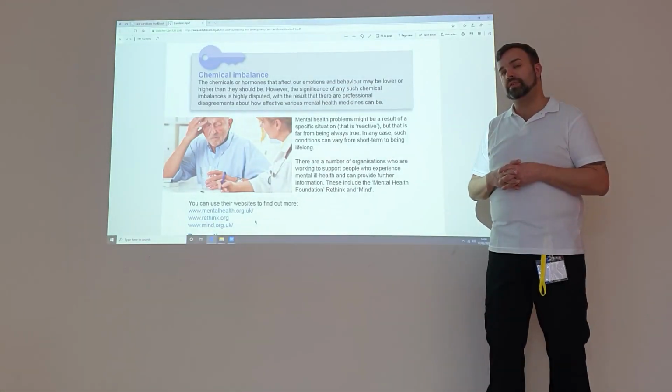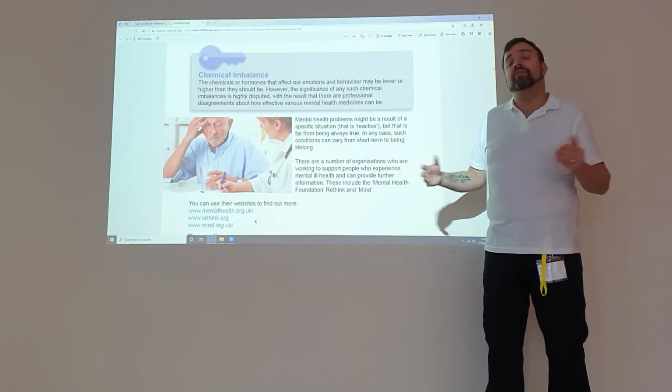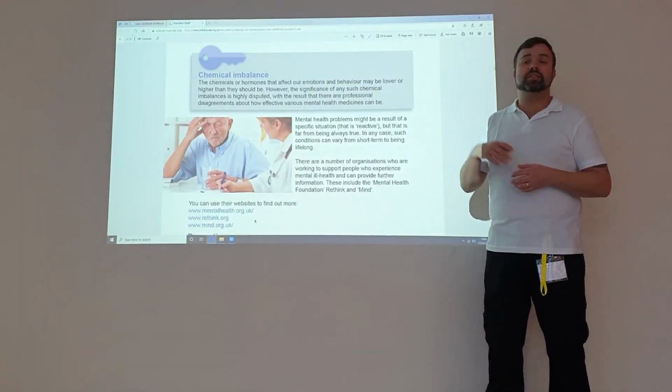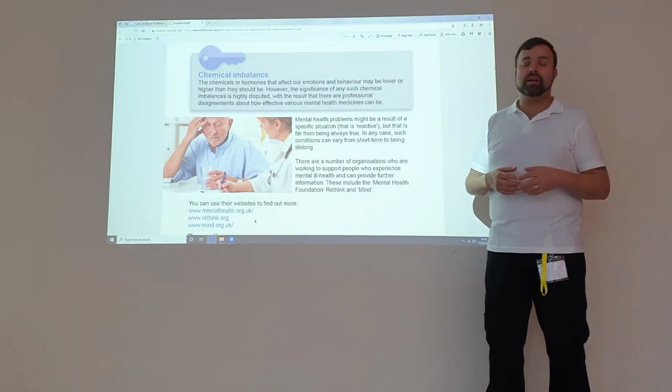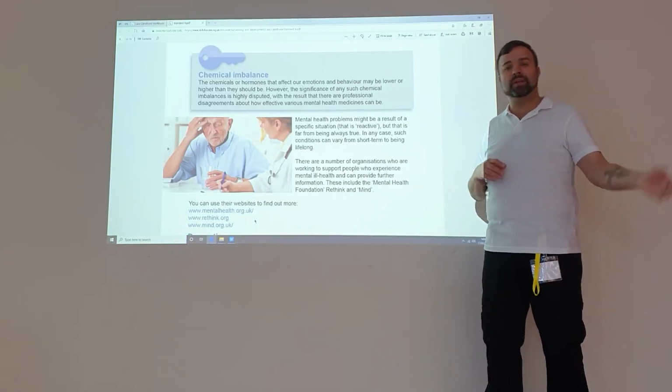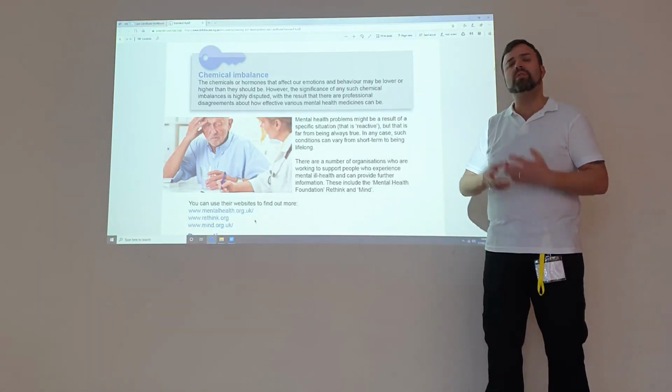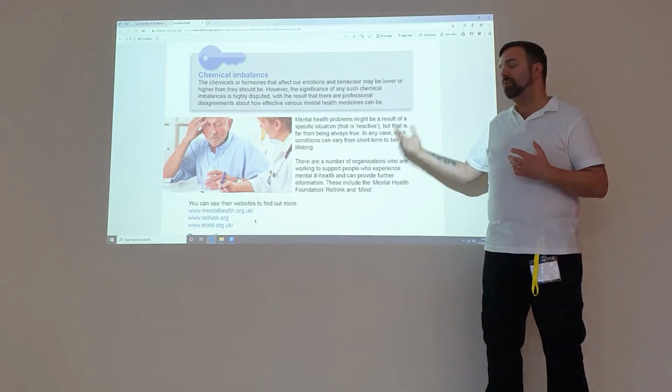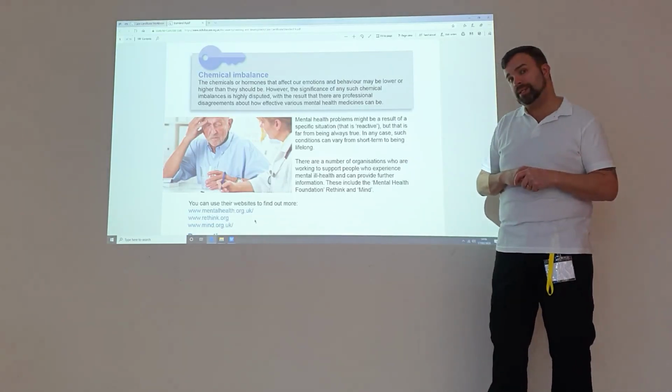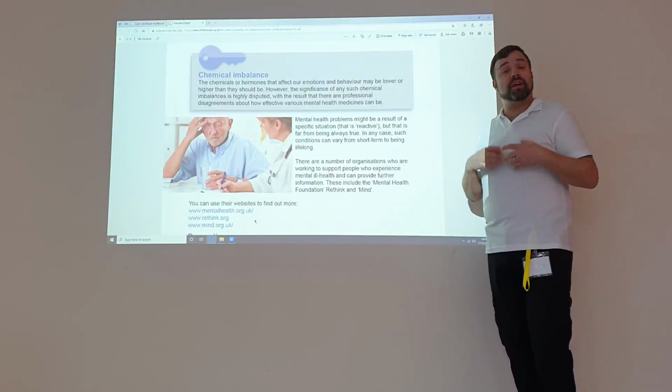What's unhelpful language is saying things such as they're putting it on, they're making it up, they're acting crazy, they should be locked up, we should put them in an asylum. All of that's negative. It won't promote recovery and it won't help people feel any better. And actually it comes across very judgmental.